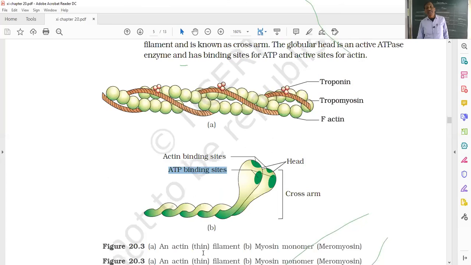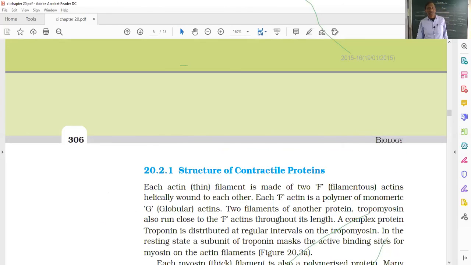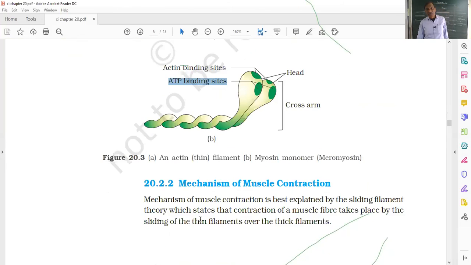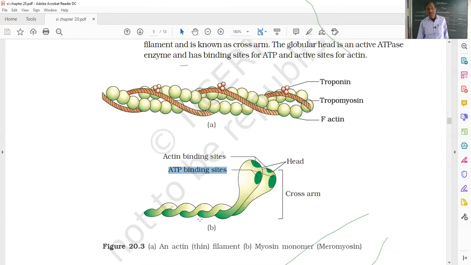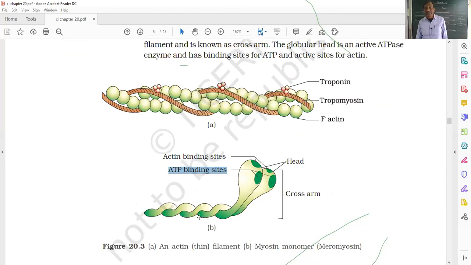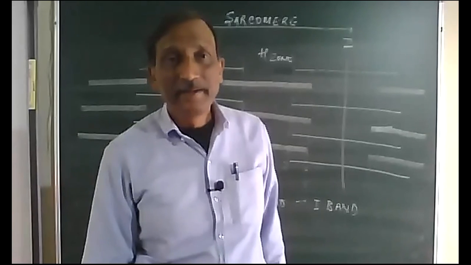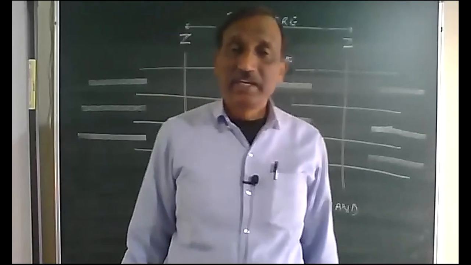Yeah, in this chapter you have a lot of diagrams to learn. Okay, all these diagrams you will be practicing, and with this I have already completed today's portion. Now tomorrow we will study the mechanism of muscle contraction, because the mechanism itself is a very long part which I cannot finish in one lecture. Okay, so that's all for today, and you can ask your problems.